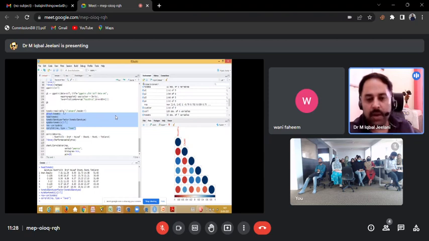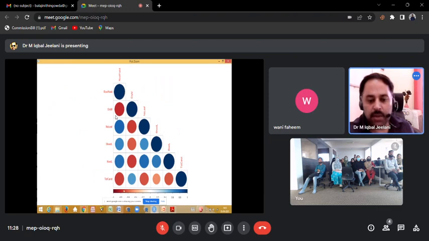Then I have written read.table, or you can simply import from there. This is the correlation plot. Its value, as you know, is from -1 to +1. Its maximum range is from -1. So blue, if it is more dense from the blue side, it is